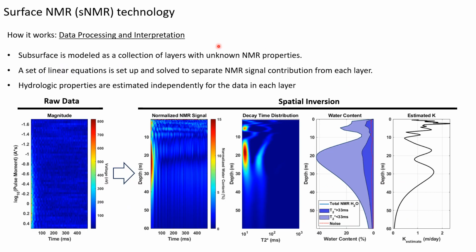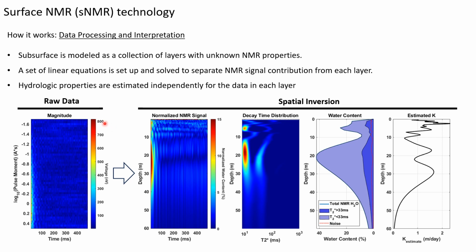So, data processing and interpretation. Here on the right you can see the raw data observed from the surface NMR measurement. You can see the NMR signal is a function of increasing pulse moments, or increasing current strength. And after we collect that data, some complex modeling should be done in order to spatially invert the NMR signal and locate it in depth. This is done by solving a set of linear equations